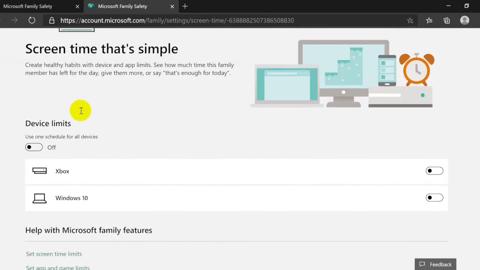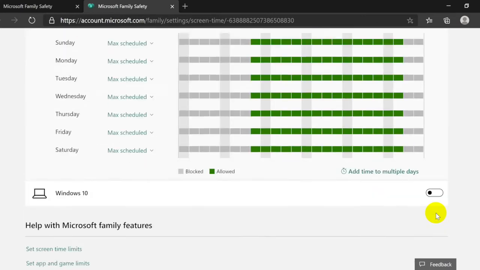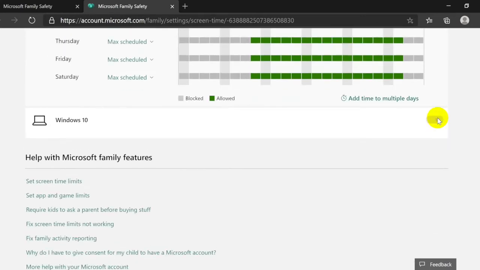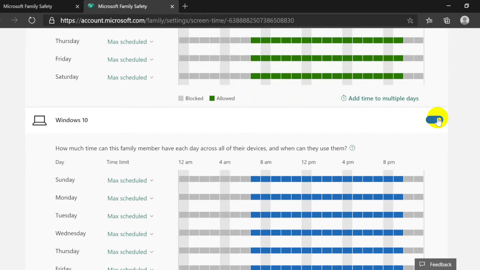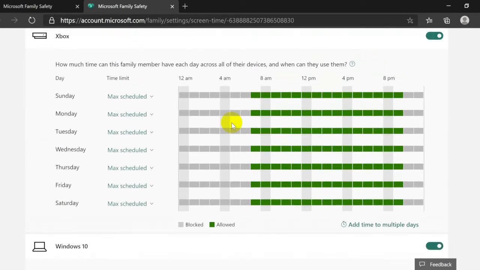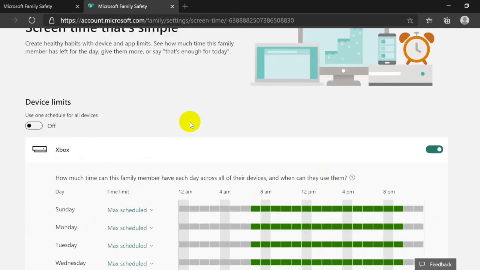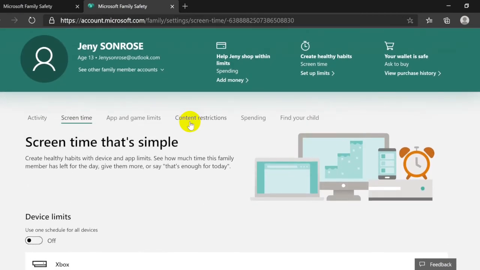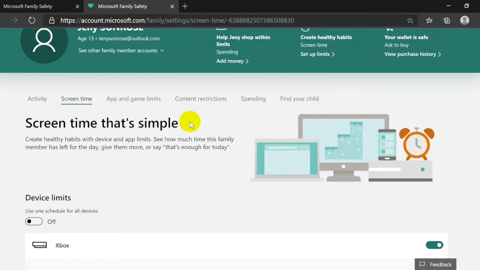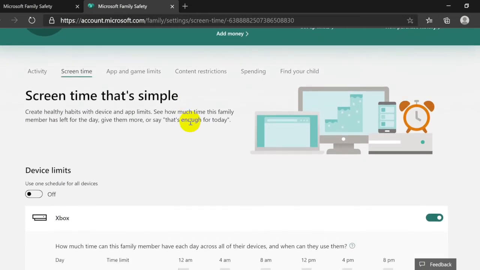In this feature, I show you about the screen time that is set for our member or our child to prevent them from logging in to our computer. It provides two options. One is Xbox, which is related to gaming.